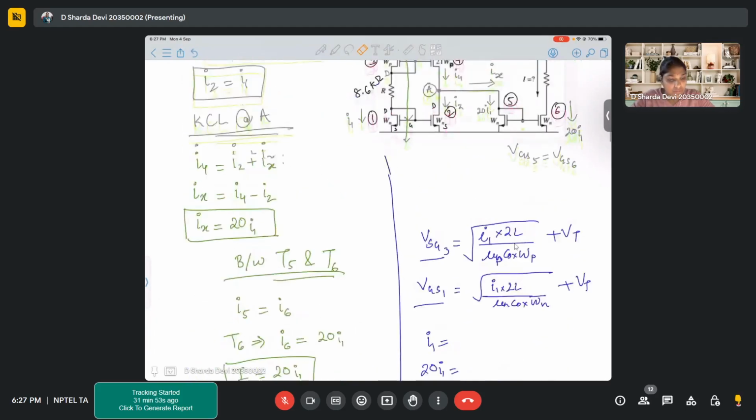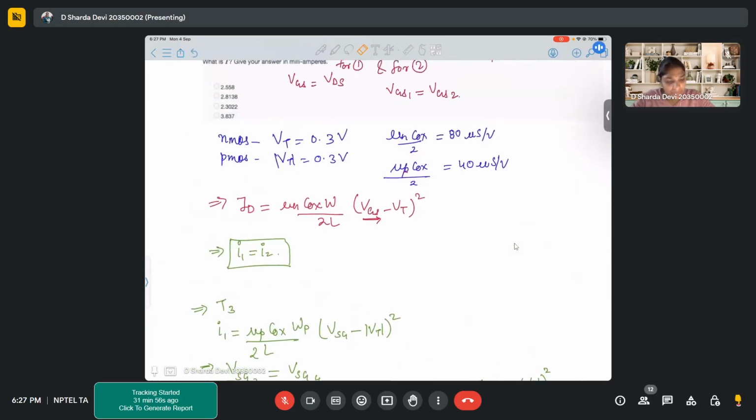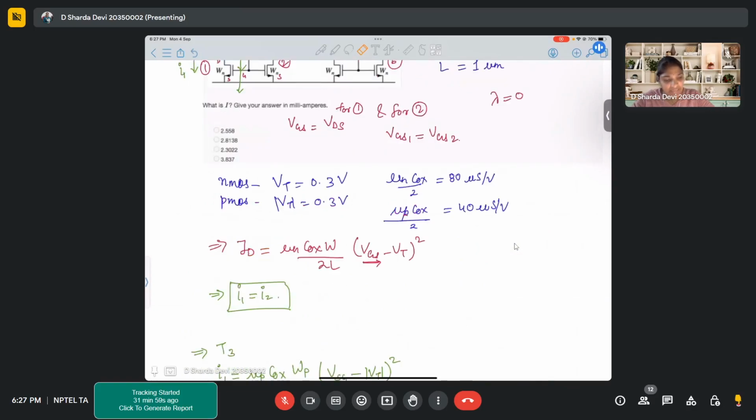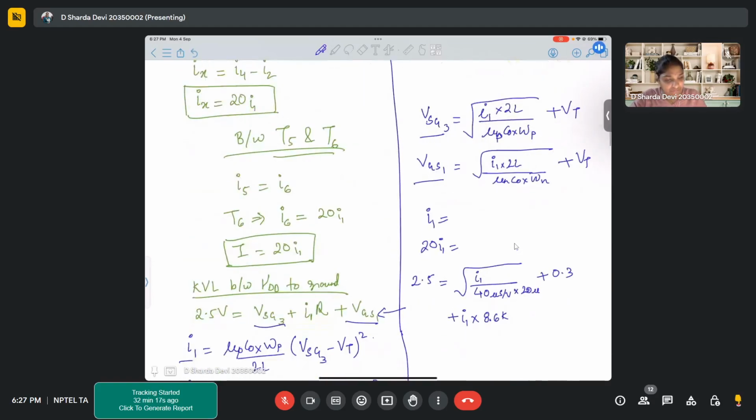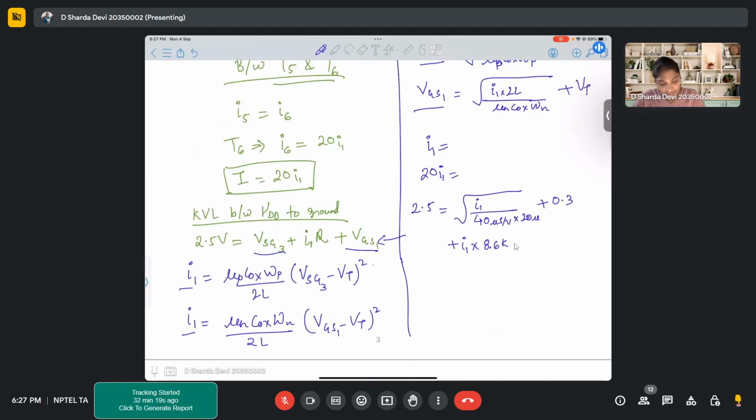If we observe very carefully, mu n Cox Wn by 2L and mu p Cox Wp by 2L will actually be equal, because of the given values. So we need not even go for this. We can simply write it as single values, so it can be simplified as